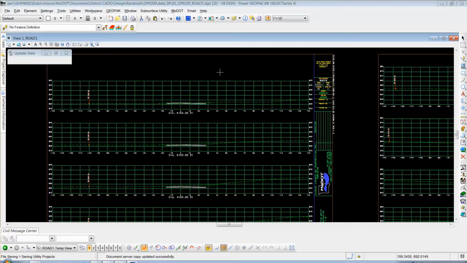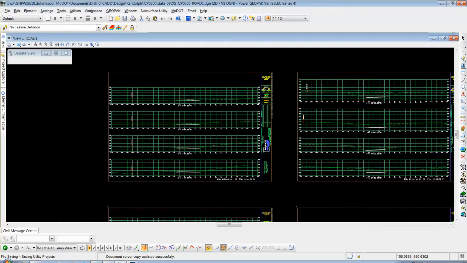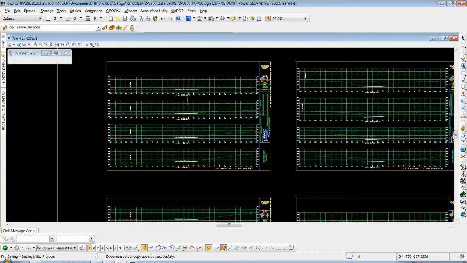Okay, Chapter 10, Earthwork. This is Earthwork for Road 1, the class. We're in a cross-section file that's been created called xs_j2p0200_road1.dgn. We have the cross-section model open. We're at that stage. So the next thing that we need to do is